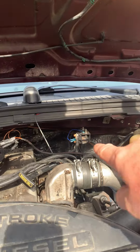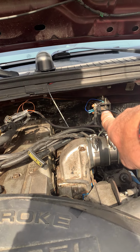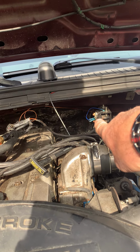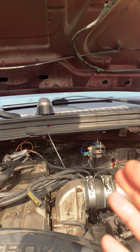So I have the grid heaters here hooked up to a 200 amp continuous duty solenoid there, and that is wired to a manual switch in the truck. I'll try to remember to show you that in a little bit. That way I can operate it myself. What I found is with this truck,